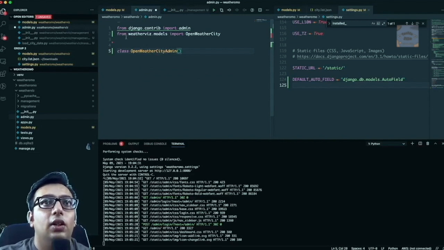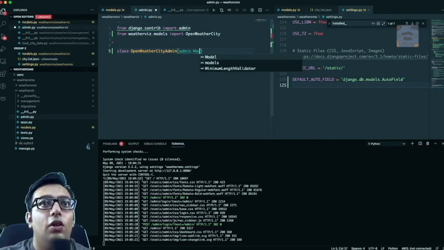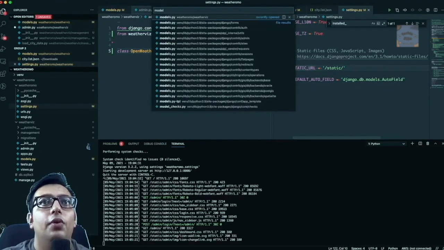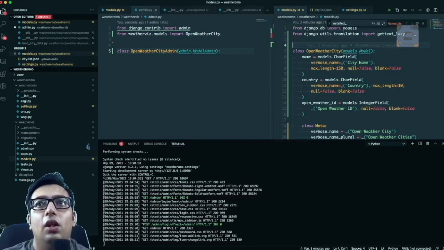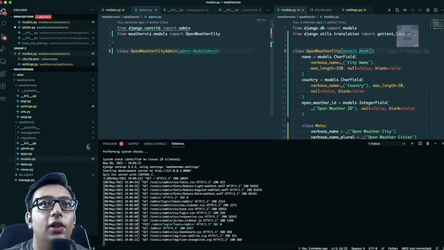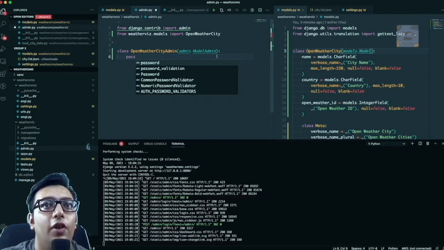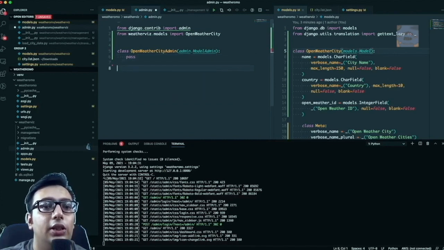Let's make an admin class. So it should come from admin.ModelAdmin, right? If you go to your models right here, you'll see that the model class comes from models.Model. Similarly, your model admin class comes from admin.ModelAdmin, right? So let's not define anything for now, because I want to show you how things change as soon as we do something here. So very quickly, I'll need to register the site to admin, and for that I'm going